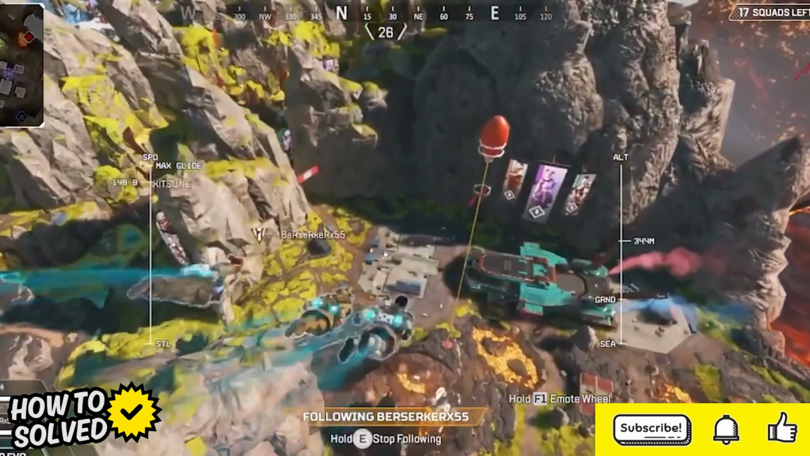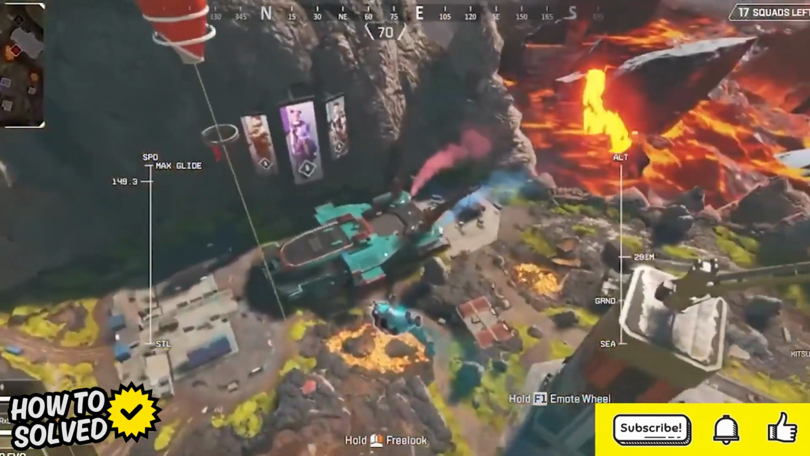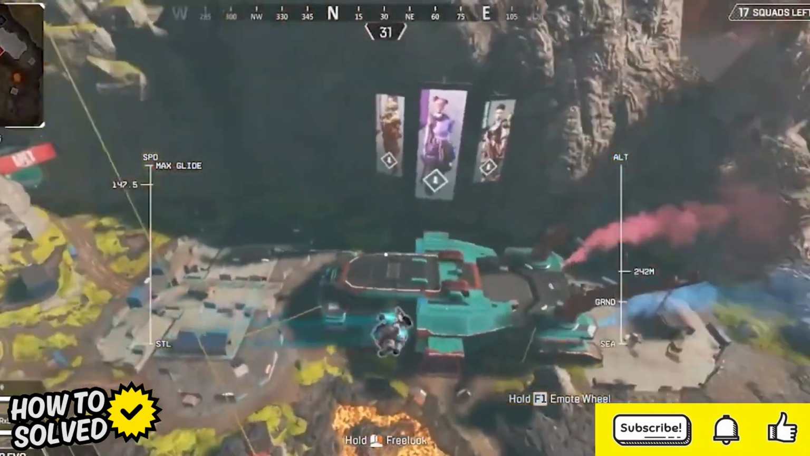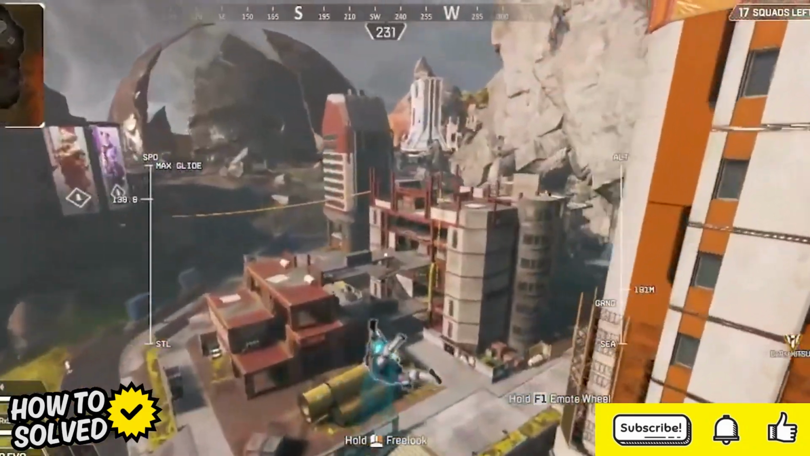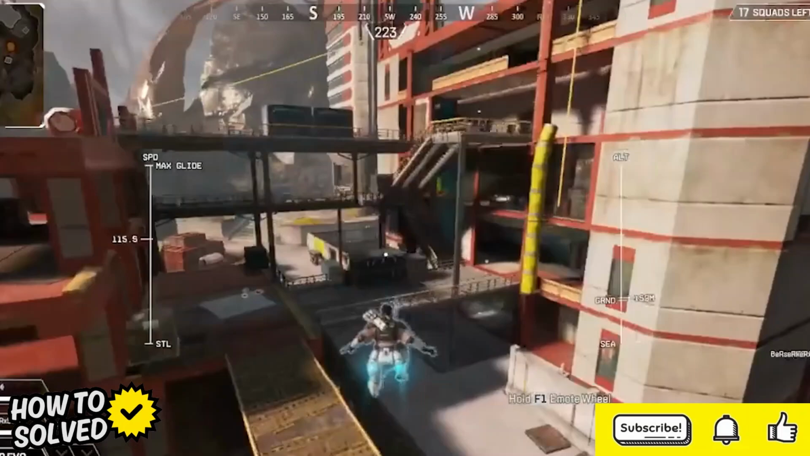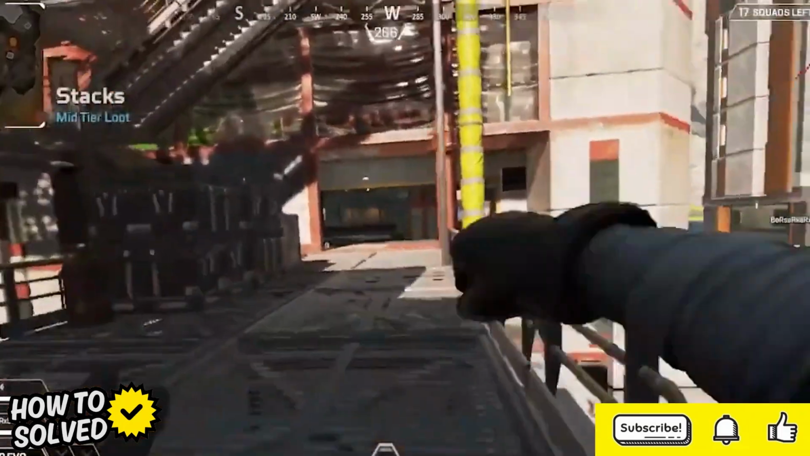Hey guys, welcome back to another video, and today I'm going to be showing you the best configuration settings you can use while playing Apex Legends to give yourself a huge FPS boost and to just increase the overall performance of your game. So let's get straight into it, and before we jump into Apex Legends, we're going to optimize